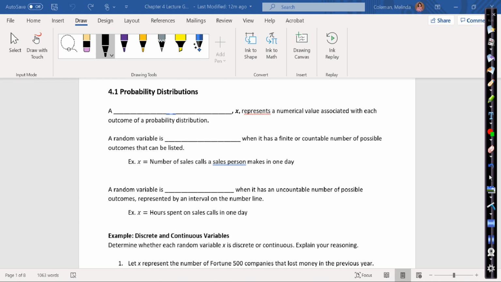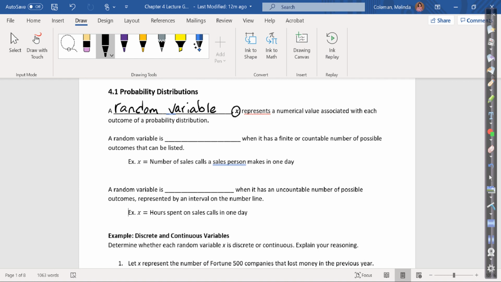Alright, so we're starting chapter 4 this week. Section 4.1 covers probability distributions, and so like always we have some definitions that we need to cover first. First of all, we're going to talk about random variables. So a random variable x represents a numeric value associated with each outcome of a probability